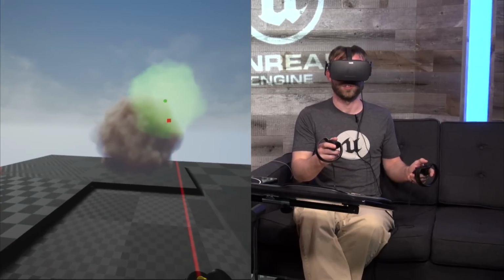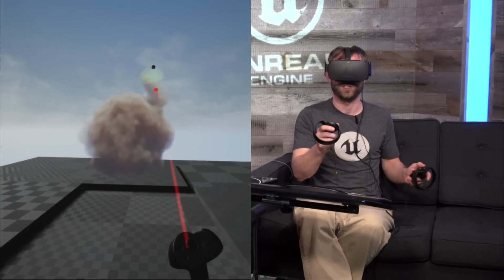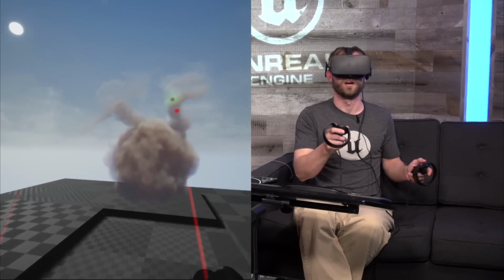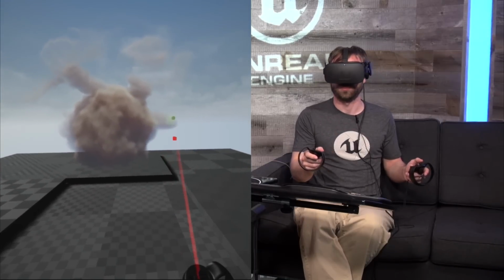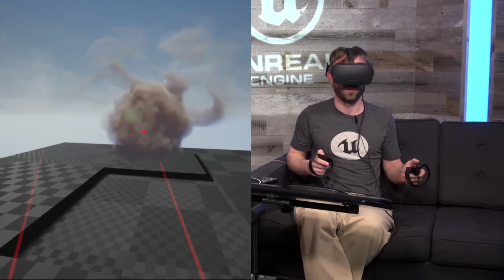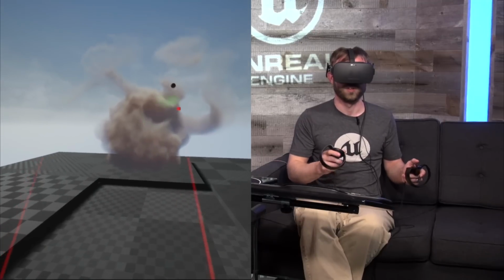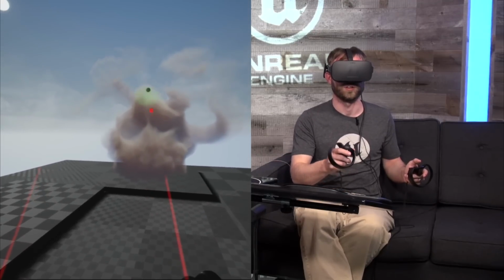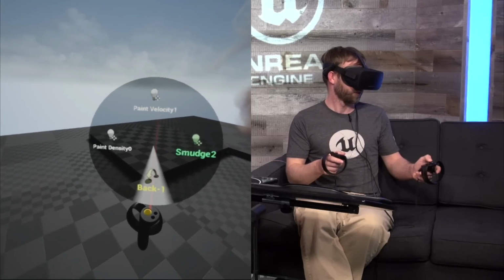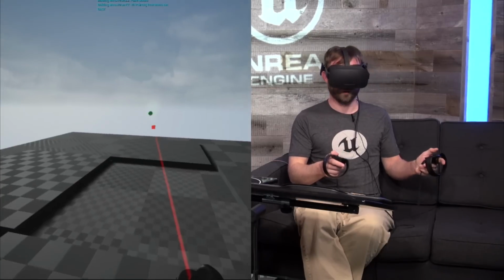Next I'm going to show smudging, which works just like it does in Photoshop, where if I grab a little piece of this edge here and move it around, it will just keep on copying whatever colors were there. But you can get some neat effects that way, such as pulling out wisps, and you can also use it to erode into the volume if you want as well. So if I start smudging from outside and then push inward, it actually pushes inward on the volume, and then I can also pull outwards. So you can really start to mess with this thing. So I'm going to go back and clear this again real quick,